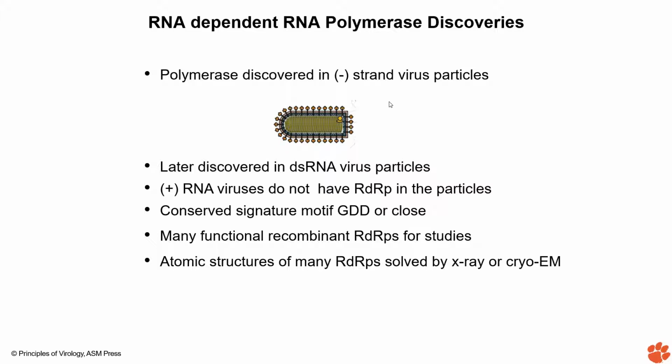The reason, think about that: the plus strand RNA viruses, when they come into the cell, part of them can act as an mRNA. After the mRNA is translated into proteins, they can make the RNA-dependent RNA polymerase in the cell, which can do further transcription or replication. Minus strand RNA cannot do it. It cannot be read by the ribosome.